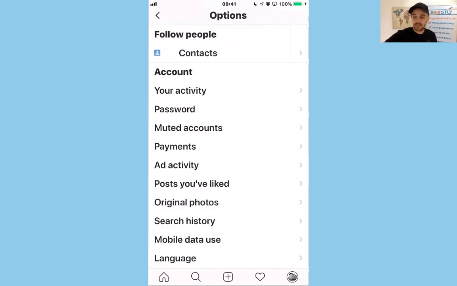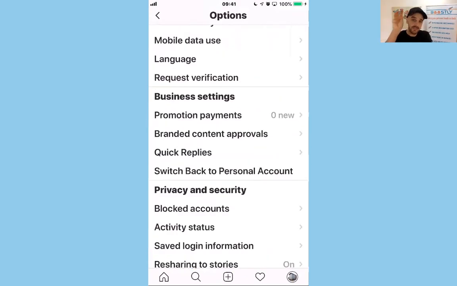This is the settings page, where it says business settings. When you first create your Instagram account, you will notice that it'll either be set up as a personal or as a business account. There are pros and cons to both. Obviously, with a business Instagram account, you get more added benefits when it comes to advertising, insights and stats. But the cons of that, and I've got this for my Boostly as a personal account, for example: